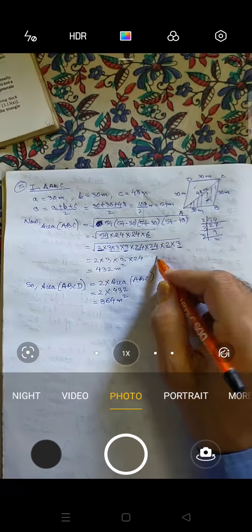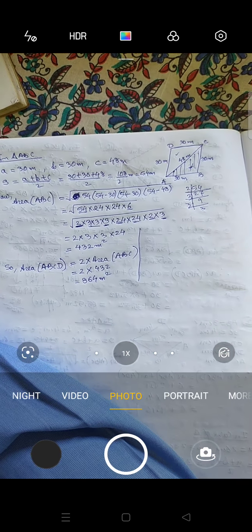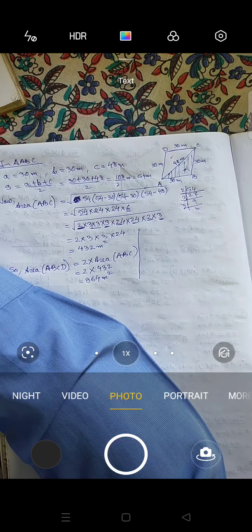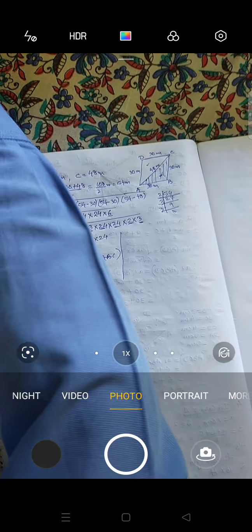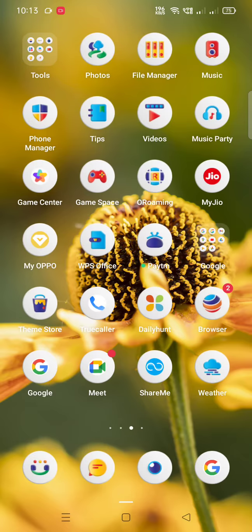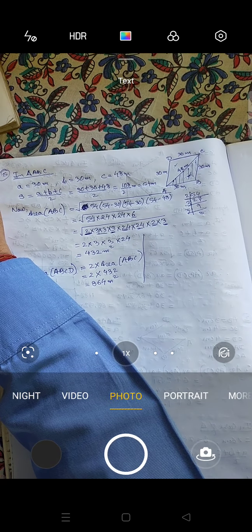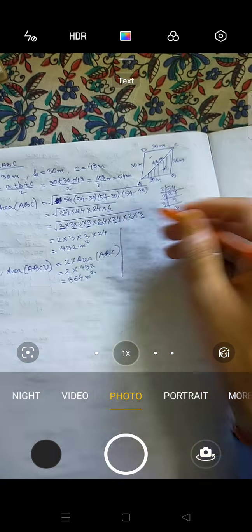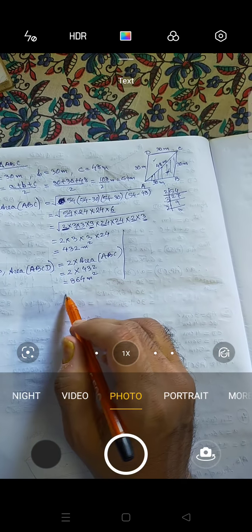Now I am saving my page a little bit. I am writing it over here. Now in the question it was said to find the area of the, where is it, one minute. Okay, I got it. It is asked how much area of the grass field each cow will be getting. That means how much they will be getting. So we'll say that this is the area grazed by 18 cows, correct?